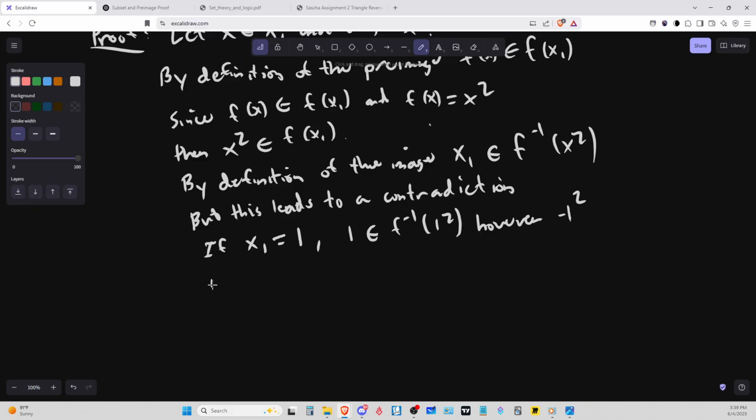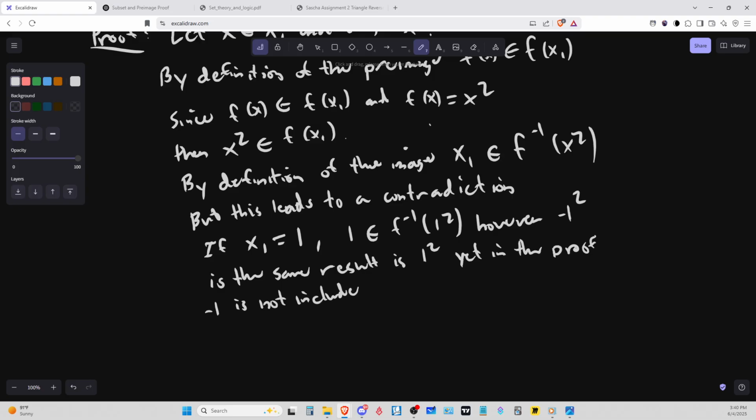Squared is the same result as 1 squared, yet in the proof not included. Something like pick f of x is equal to 2, and then we have